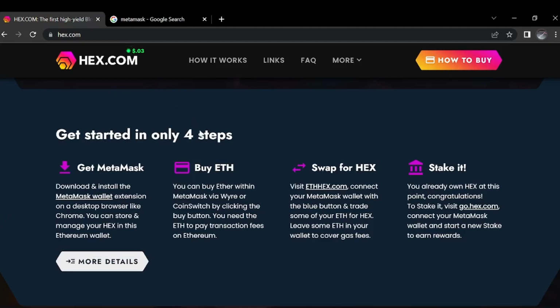There are 4 basic steps to get started, especially in Hex, which is the one I would recommend looking at. But you're going to need to get a MetaMask, which I'll show you in this video. You're going to need to buy ETH, which I'll show you a little bit in this video. And then you'll need to start things like swapping your ETH for Hex. And then you can also stake your Hex, which is what I would recommend looking at and doing your own